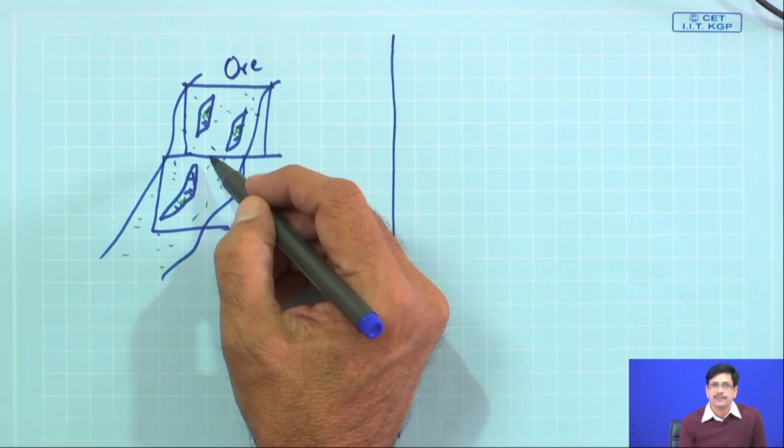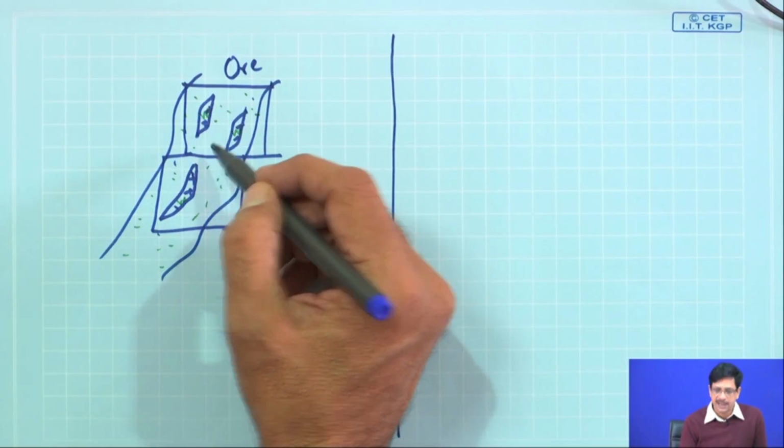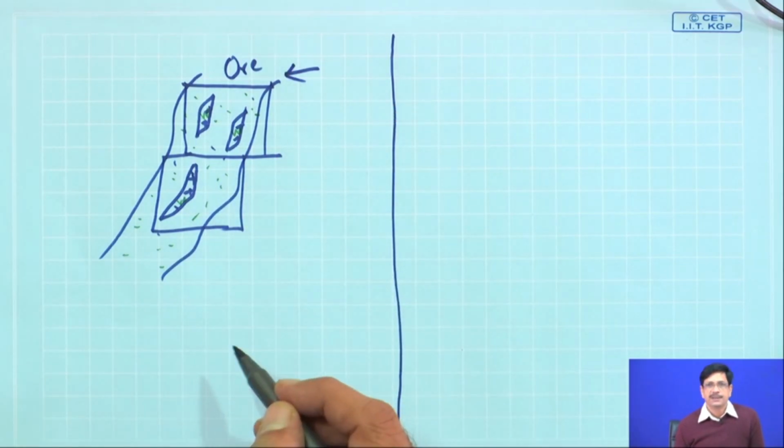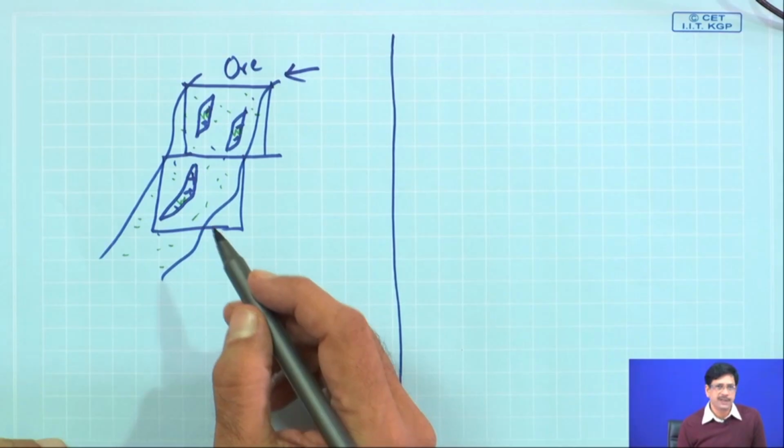So, this ore will invariably be contaminated by some portion of the waste, and there is nothing that can be done about it, and that is a case of internal